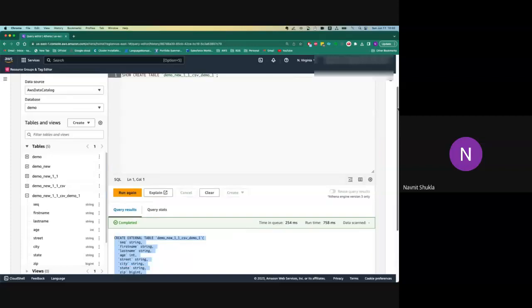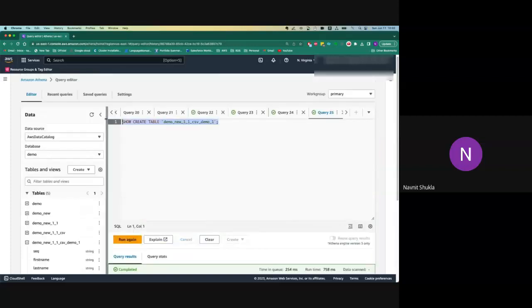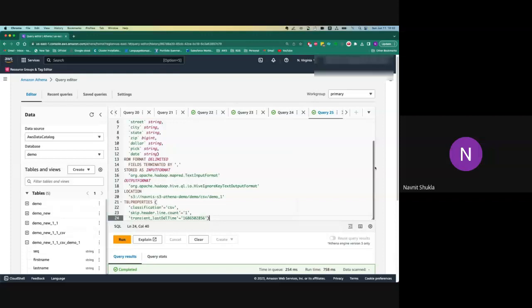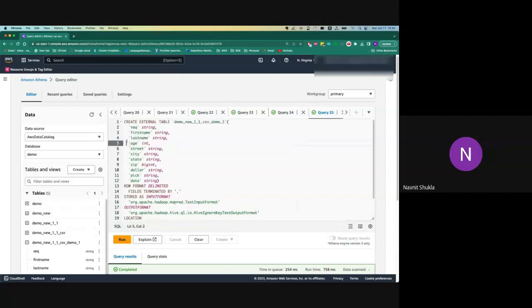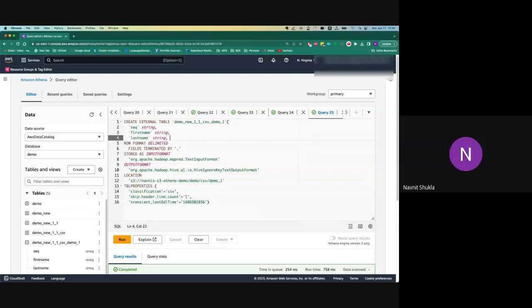Otherwise it will be whatever schema you define. But it was not giving the other columns because we do not have the data for other columns. Okay, so this will be your name, age, and